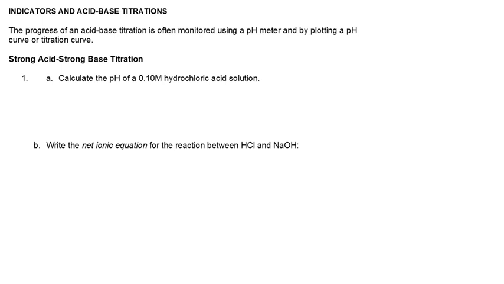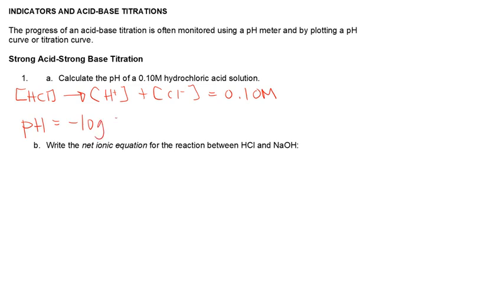And therefore, if we know the concentration of HCl, then we know the concentration of H plus and of Cl minus, and therefore if we want to calculate the pH, remember the pH is equal to the negative log of the concentration of the acid, so negative log of 0.1 molar,